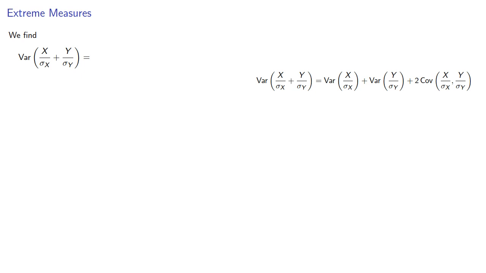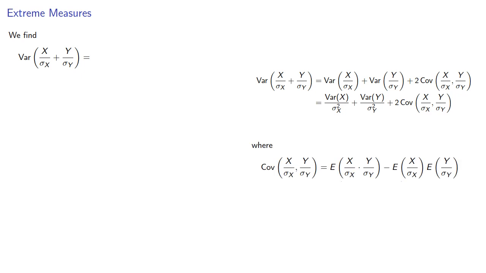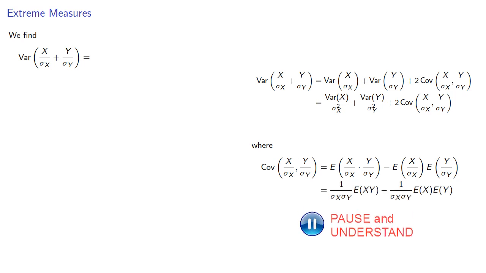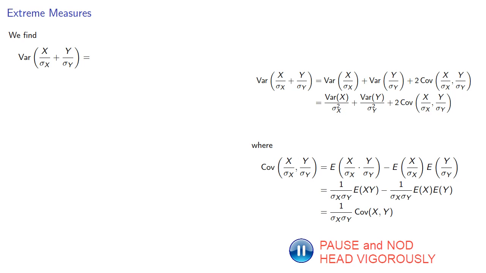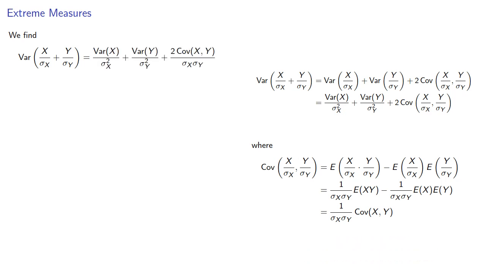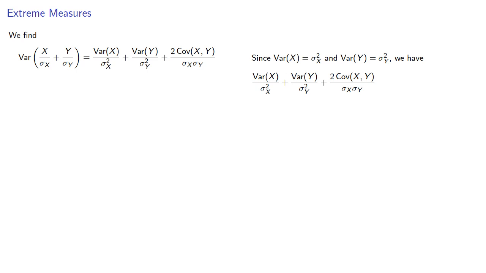Now remember, any scalar multiple factors out as its square. And let's rework that covariance. That's the expected value of the product minus the product of the expected values. And we can remove the constant factors. But we see this is just going to be the covariance divided by the product of the standard deviations. Now, since the variance of x is the square of the standard deviation, and likewise for the variance of y, then our expression simplifies to